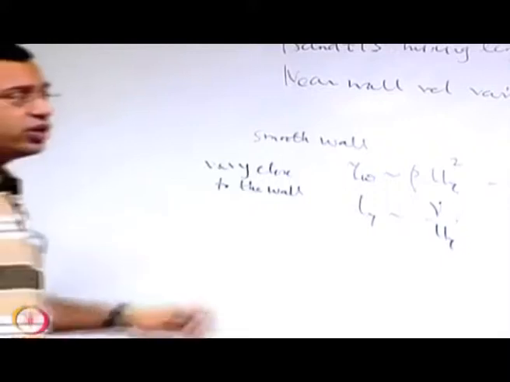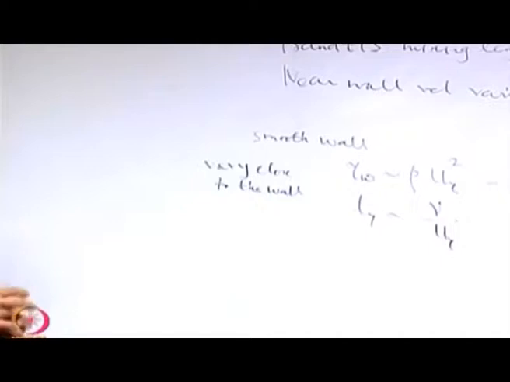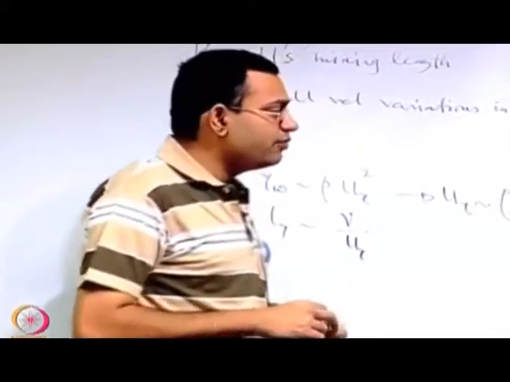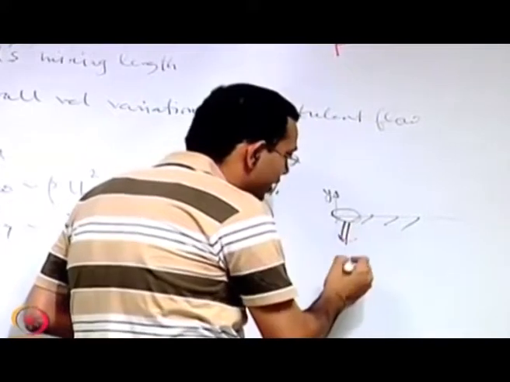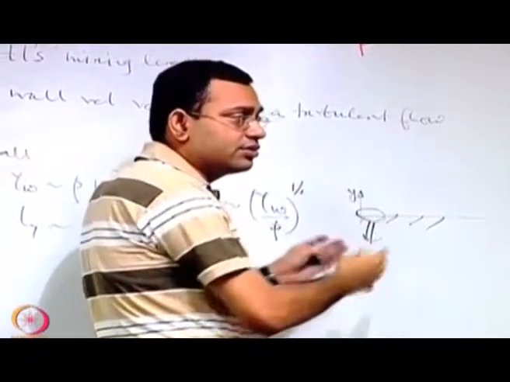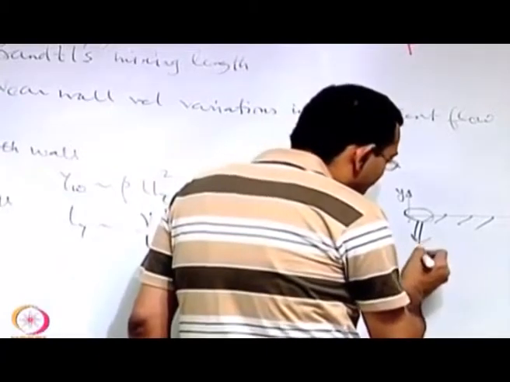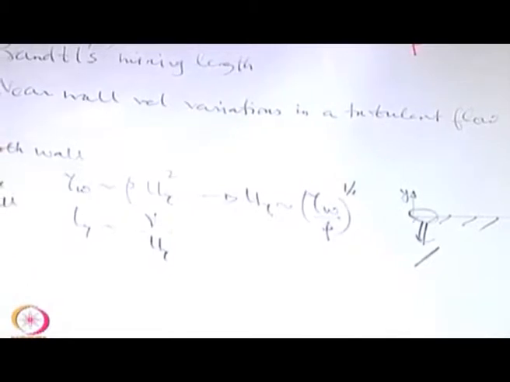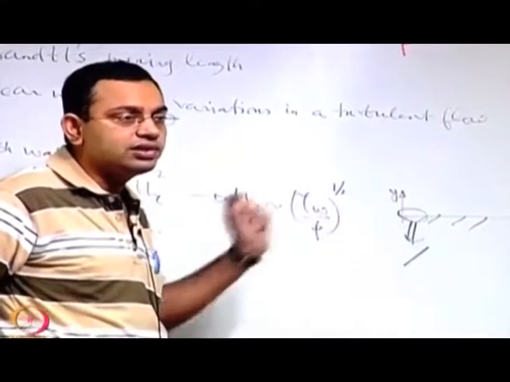Not only that, very close to the wall we may have a simplified physical picture. What is the simplified physical picture? If you focus your attention on a very small region close to the wall and try to draw the velocity profile, and by velocity profile I mean the mean velocity profile, because we are talking about statistical quantities, then the mean velocity profile very close to the wall will just be linear. The reason is straightforward: you are considering a very short length over which the velocity varies.